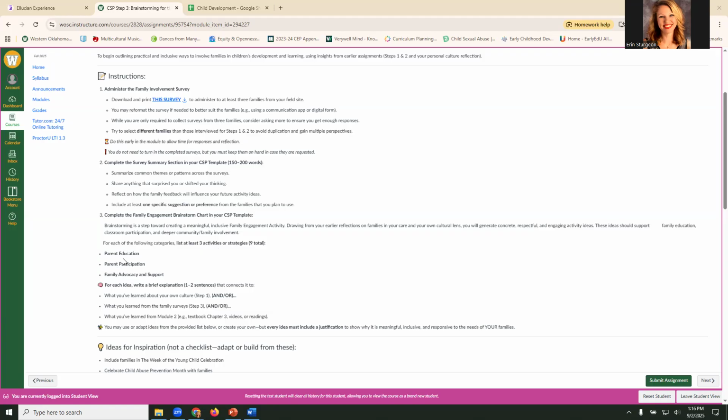You could, like nutrition, for example, you're going to come up with 3 activities that would increase parent participation. And you're going to come up with 3 activities that would be in the realm of family advocacy and support. So for each of the 3 ideas, so 9 total ideas, you're going to write a brief explanation, and you're going to connect it to what you've learned about your own culture, like